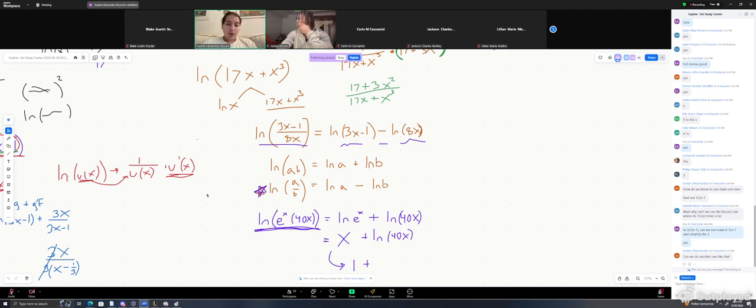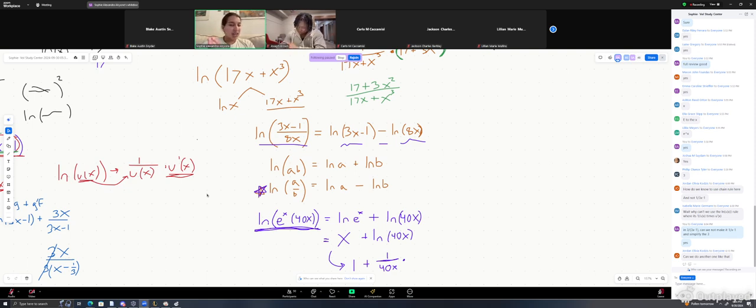Very good. So we need chain rule here because in those parentheses, it's not just a plain old X, but rather it's a 40X. So now we've got an extra layer of complexity that we need chain rule to deal with. So first things first is we just use the rule for the natural log, and we're going to ignore that complexity temporarily and just tack that 40X on the bottom like there's nothing wrong. But now we have to add in the complexity by doing our final step, which is to multiply